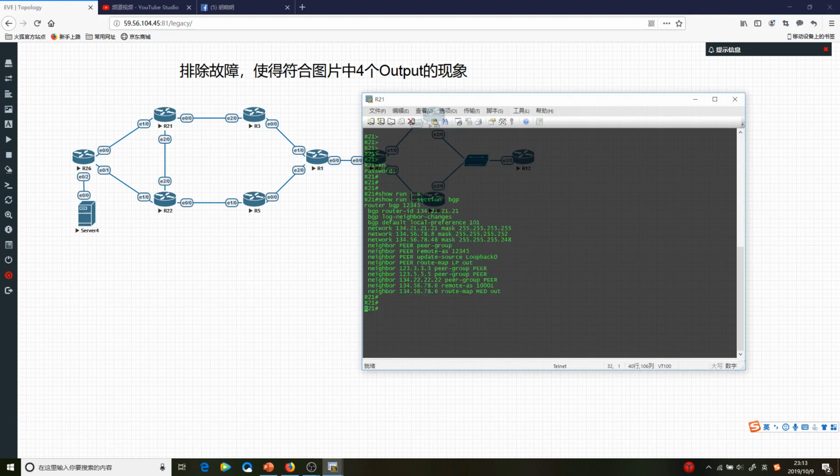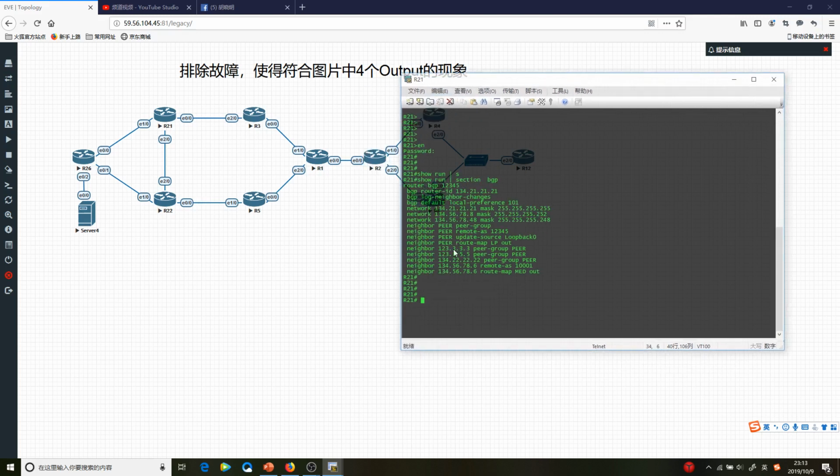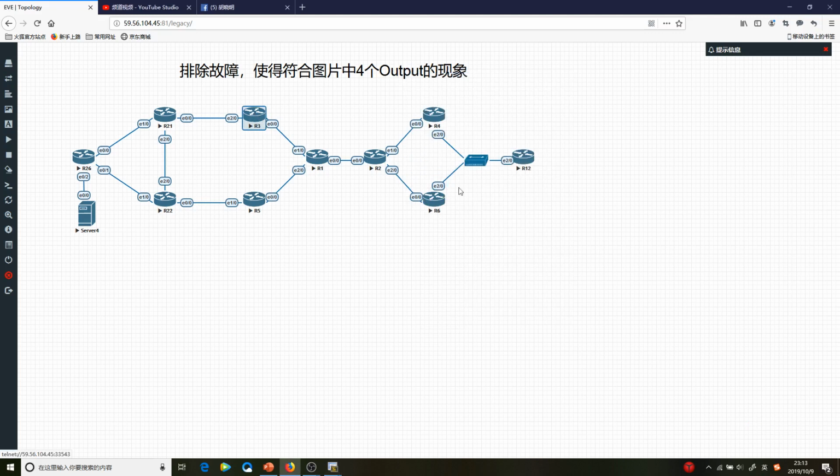We can find that for these neighbors, R3 and R5, we use the peer group here, but I think we forgot one command: the peer group's next-hop-self. We just forgot this command, so that when these routers learn the routes here, we can see for R3,